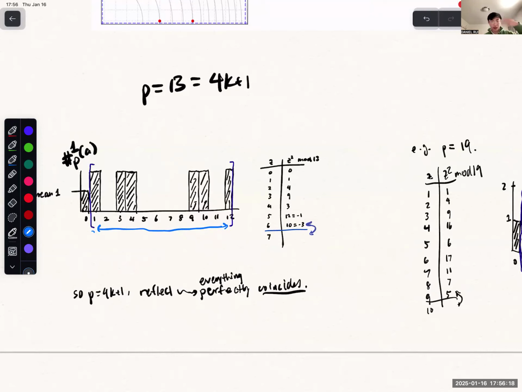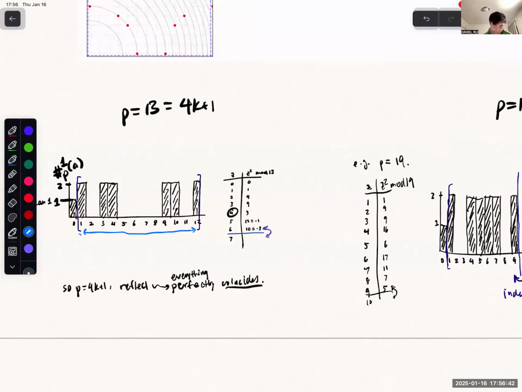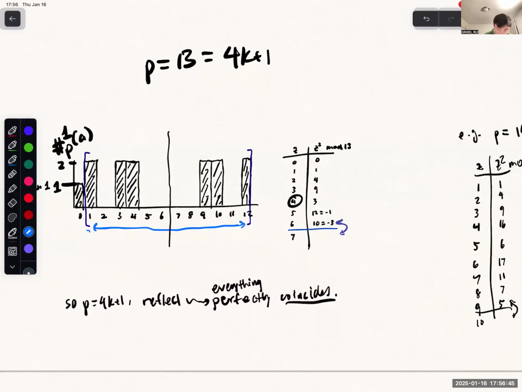What I've done is I've just listed out all possible squares mod 13. So 0 is going to be 0 squared. 1 is going to be 1 squared, but also 12 squared, right? And then 3 is going to be 4 squared mod 13, and so forth. So I've just filled it out. 0 has 1 solution, and everybody else has 2 solutions. And what do we observe? We observe that it's symmetrical over this reflection point, flipping over 6 and 7, it precisely matches